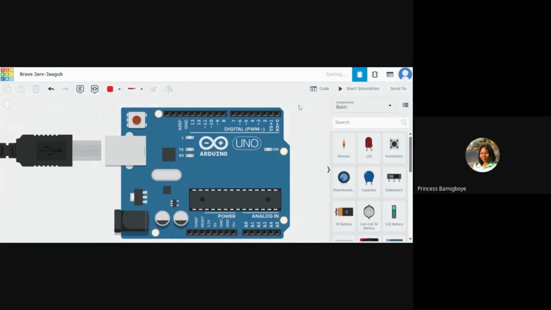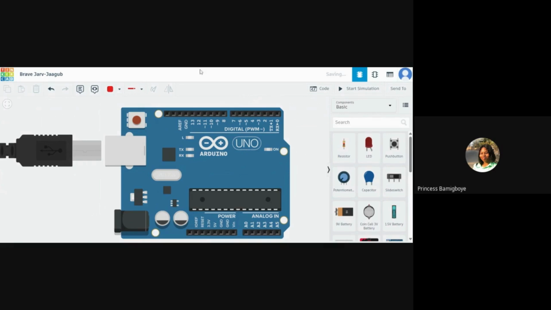So digital pins, essentially what they do is they allow you to connect the Arduino to digital electronic components. I'll just call them digital devices because saying digital electrical components is very long.